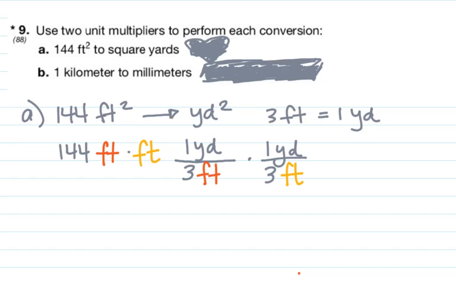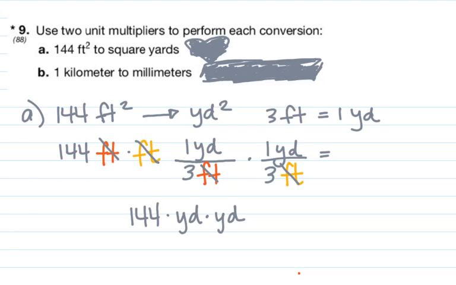And that should be able to give me my full thing. So I'm going to cancel out foot, foot, foot, foot. And I end up with 144 times a yard. See? 144 times a yard